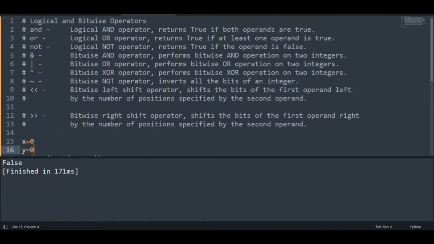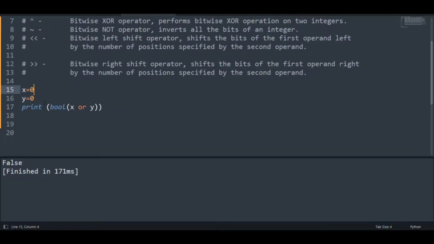Now moving forward to the logical NOT operation. Now what will happen if we are using a logical NOT operation? You can see it returns true if the operand is false. That means, let's say there is only one variable,